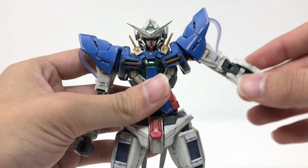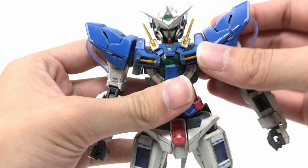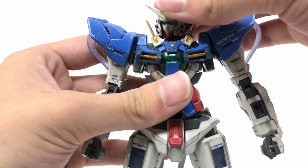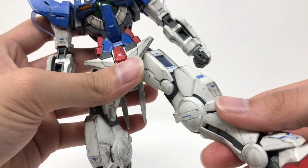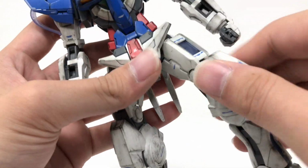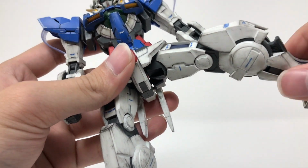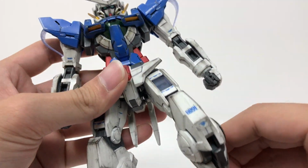Everything on this kit moves. So you can see this whole chest piece moves. This flap here moves. All of this moves. The head is probably the most stable part, but the legs are just far too maneuverable, and it's very difficult to get this guy into a pose that looks sort of natural, because as soon